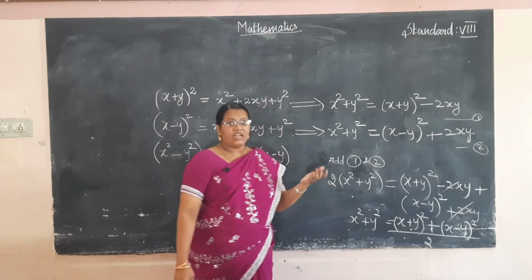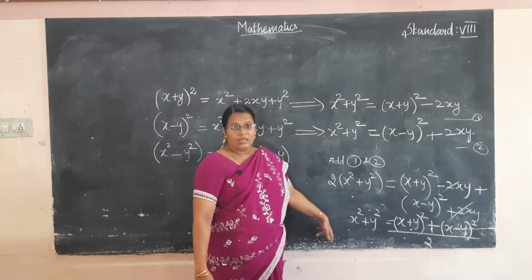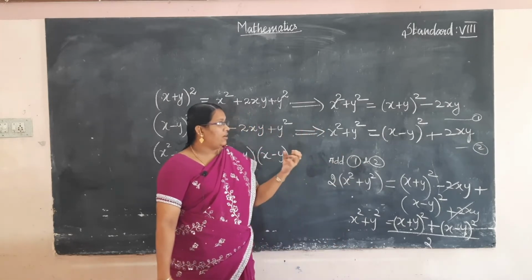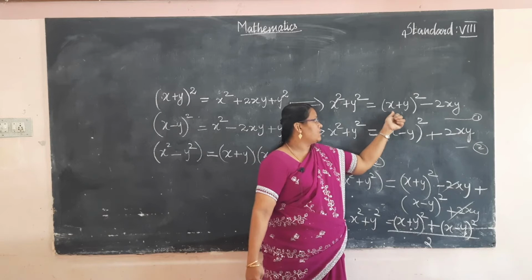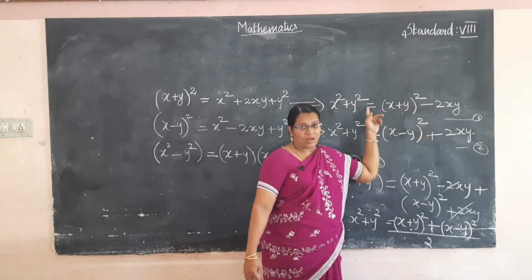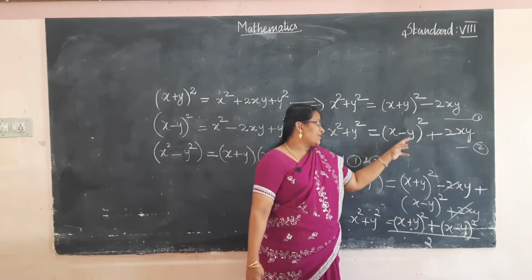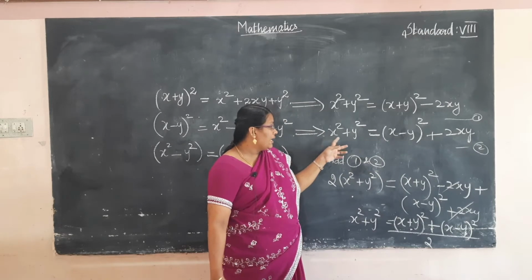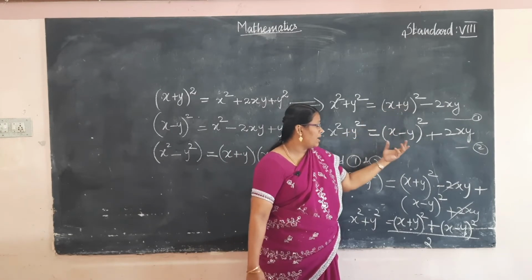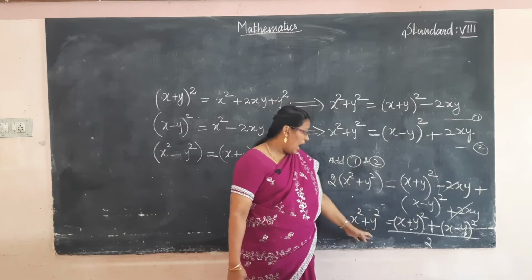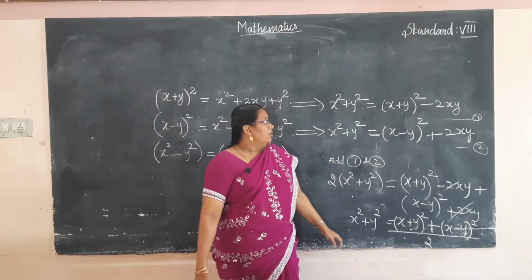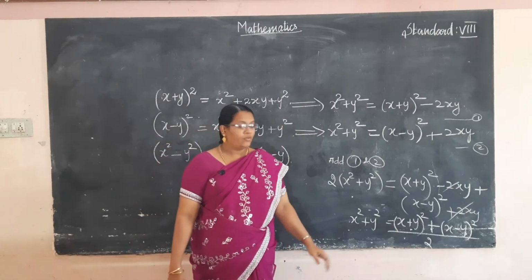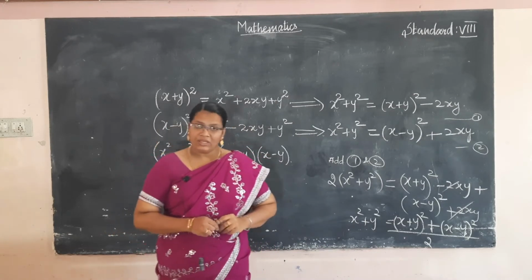So for the given statement we use these three different reducing identities. For given data, for example, if the values of x plus y the whole square and xy are given, we use this formula. In case x minus y the whole square and xy are given, you use this second formula. In case the values of x plus y the whole square and x minus y the whole square are given, you use this formula. So for our problem we use different identities to apply and find the value of the given data.